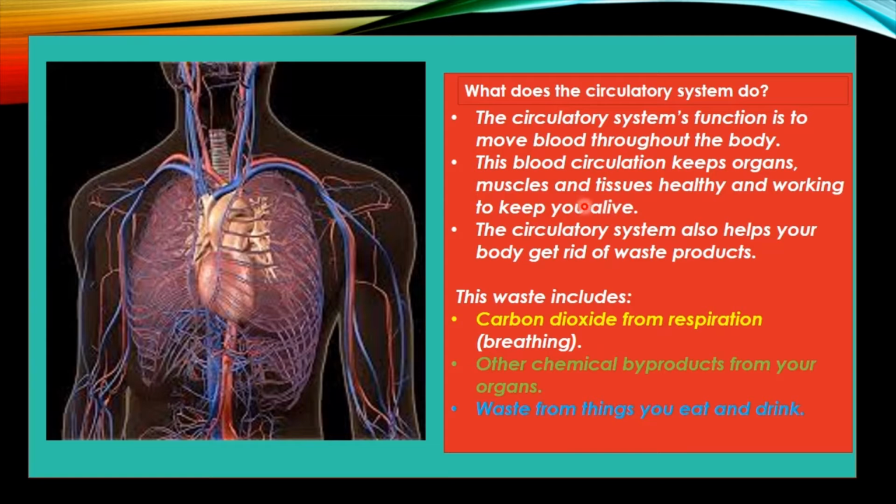The blood not only supplies the oxygen, but also all the nutrients. And various glands are there, right? So it collects all the hormones as well as the enzymes, and it supplies them to various parts of the body wherever it is necessary. And third point, the circulatory system also helps your body get rid